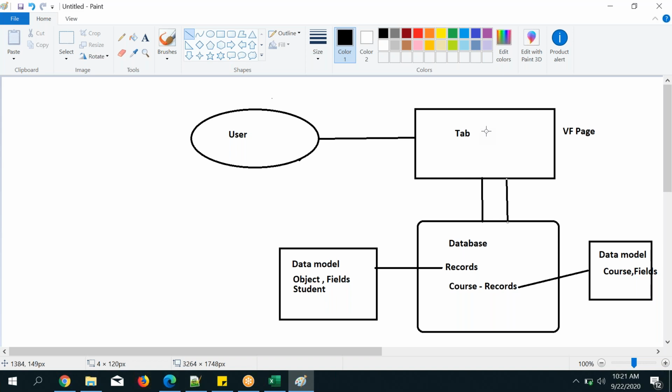What is the mediator's duty? What is the broker's duty in marriages? A marriage broker can connect husband and wife, right? Same way, think the user is a husband and the database is a wife. They want to connect both. The broker definitely does all these kinds of mechanisms to connect both. So here, like a broker, the tab also does the same thing.